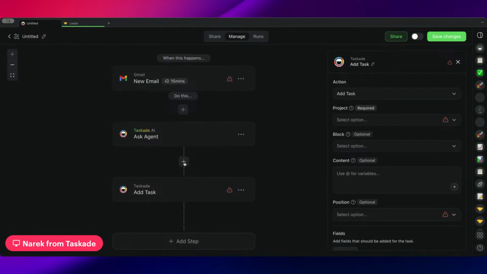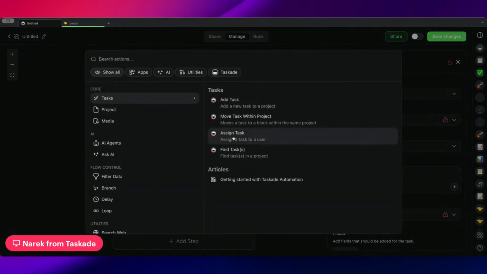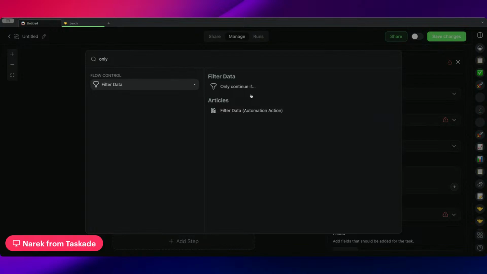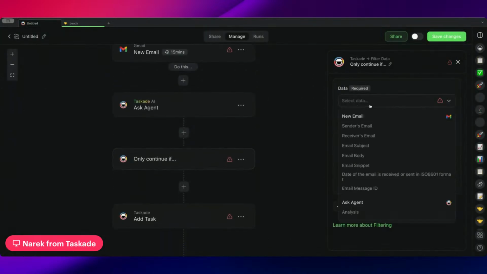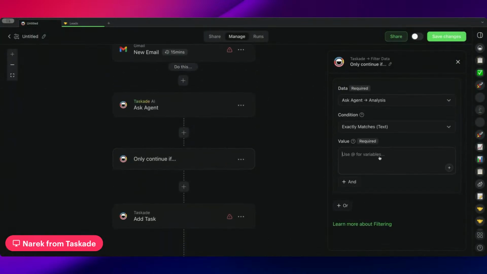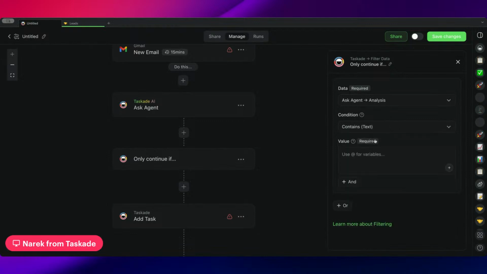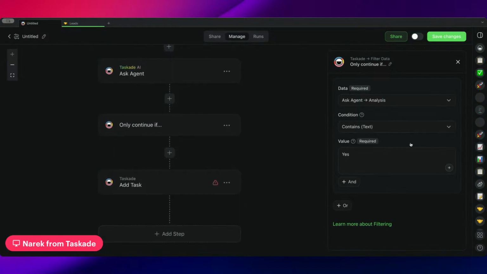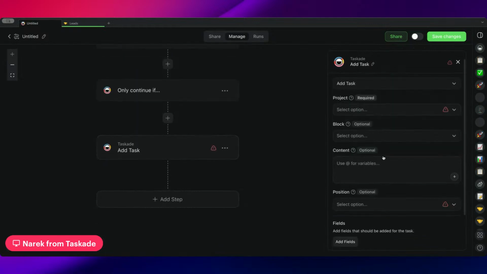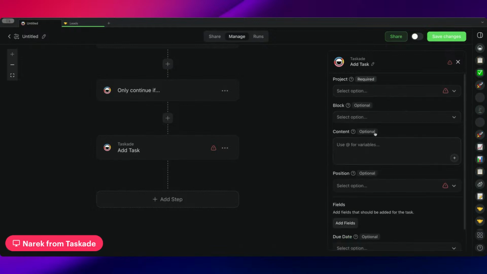And if it does, you can say only continue if analysis contains yes. So yeah, you can basically go through something like this and then afterwards, based on that, add tasks